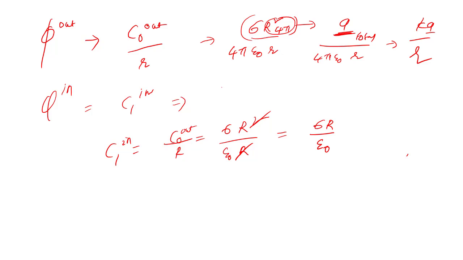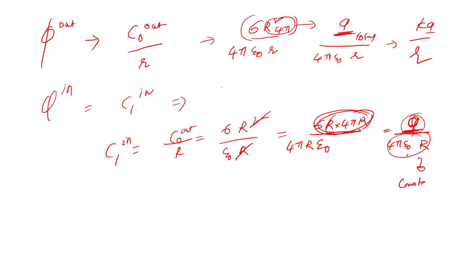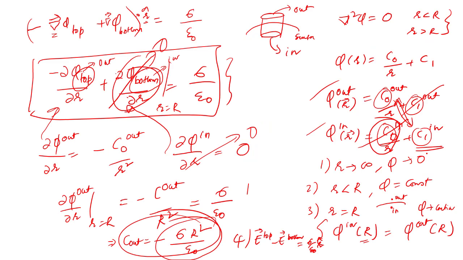Then if you multiply by 4 pi R up here and down here, you have 4 pi R square. So again, this becomes the total charge divided by 4 pi epsilon naught. It's the same charge Q over 4 pi epsilon naught R. So this is simply Q by R, which is constant because R is a constant, the radius of the sphere. So using these boundary conditions, we were able to figure out the solution. We started with the Laplacian equation and used that to figure out